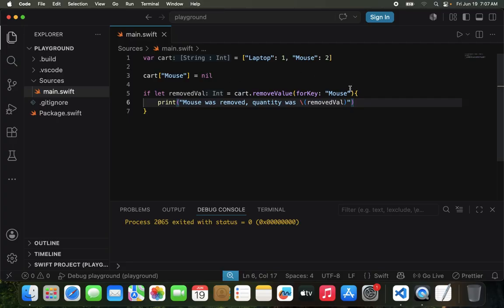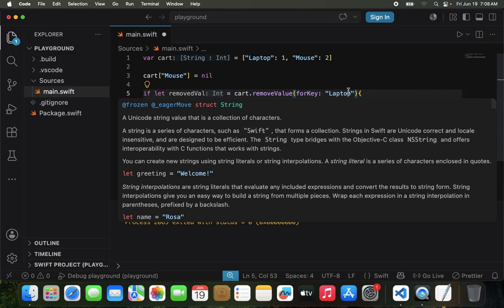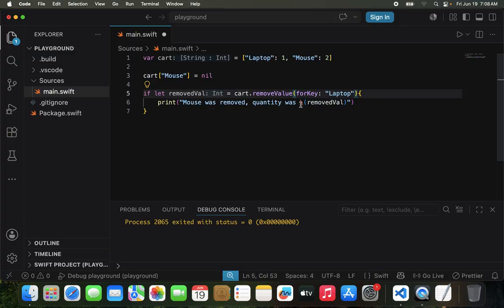So I'm going to change this to laptop. It's looking kind of confusing for me. So if I print remove value, I'm using laptop as key now. I've removed mouse. So if I run this,